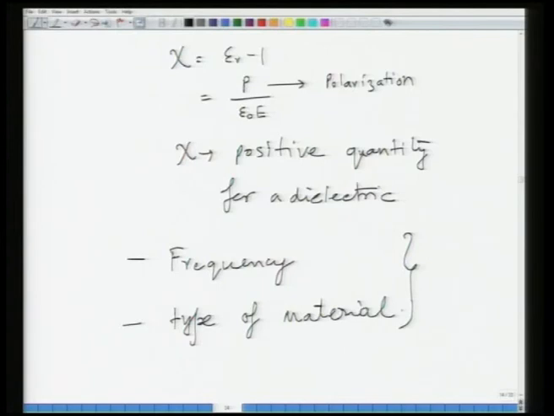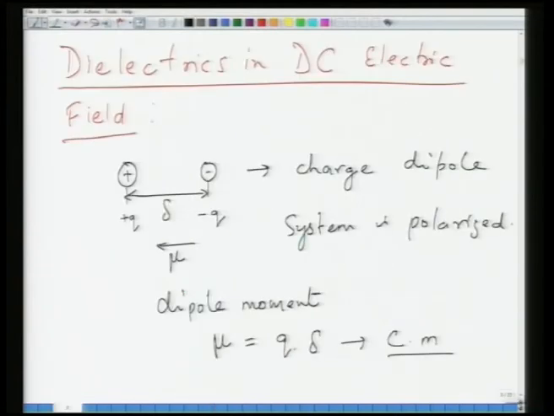What we have done so far, if we go from the beginning, is we learnt the creation of a charged dipole in a material, and the moment you create a dipole, it means the system gets polarized upon the application of an electric field. Basically, it means separation of positive and negative charges. This could mean separation of positive and negative charge within a small entity, and it could be a large entity as well within the overall material.